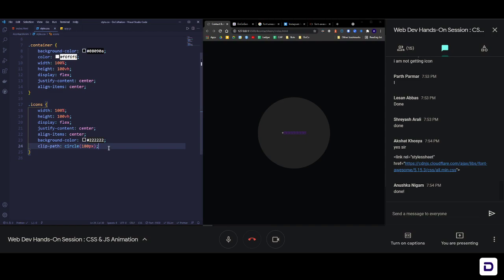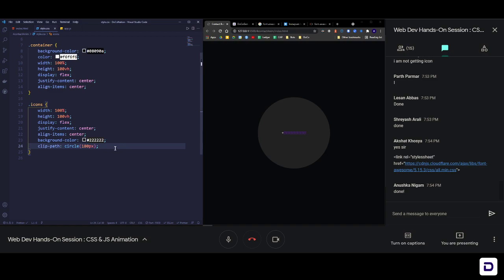Animation's core concept is that you have a starting point and an ending point, and I say this in all the sessions that I take wherever animation is involved. Wherever animation is there, you have an initial position and a final or destination position that you go to. That's how animation happens. So here we are creating the final position first, and then we'll manipulate the starting and final position using JavaScript.